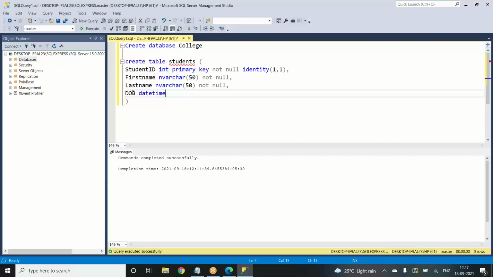If we specify just date, then while entering we'll only have the date options, whereas datetime will show the timing as well as the date, the moment we've entered the student details. You can use date or datetime, anything suffices. And again, not null. And at last, we can have the enrollment date, student enrollment date.